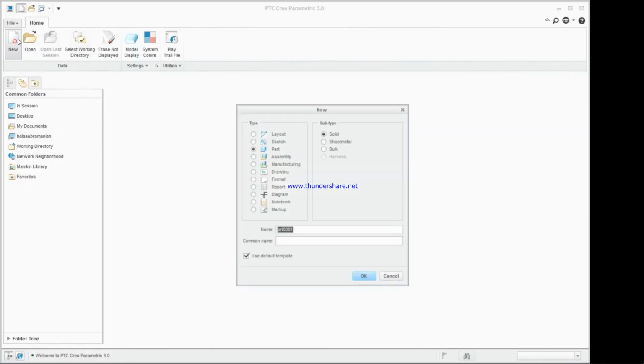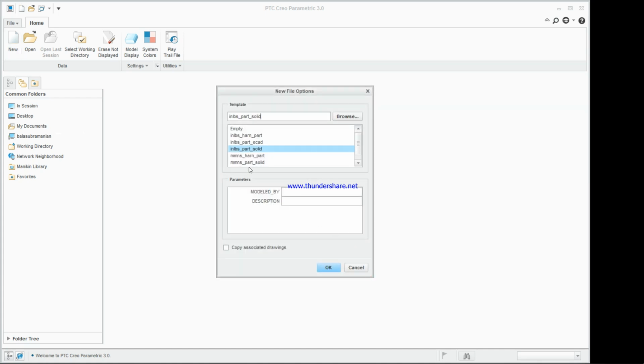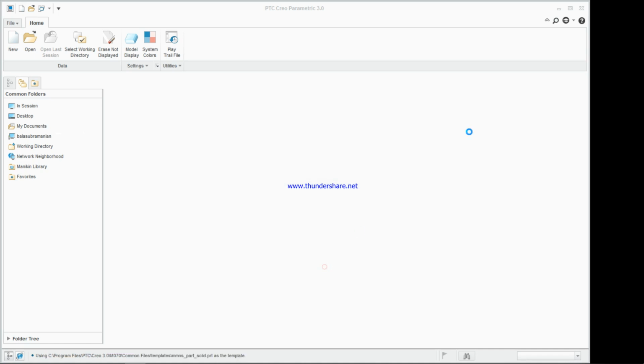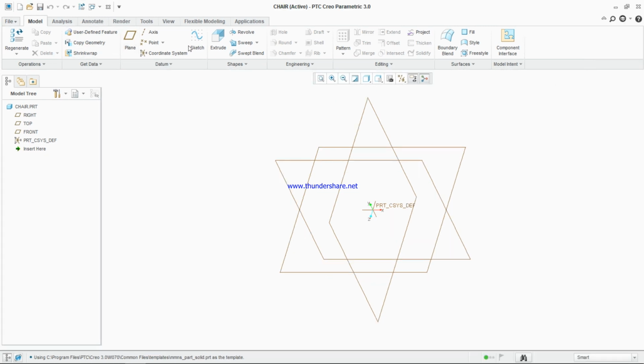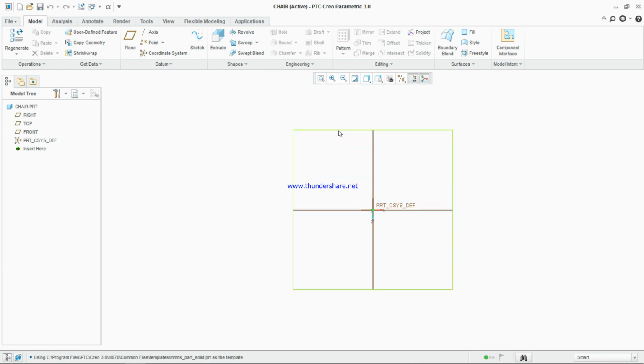Friends, today we are going to see about modeling of a chair by using Creo. Let us open Creo and name it as chair, and then we want to draw it in the top view. So selecting the top plane and then click extrude,